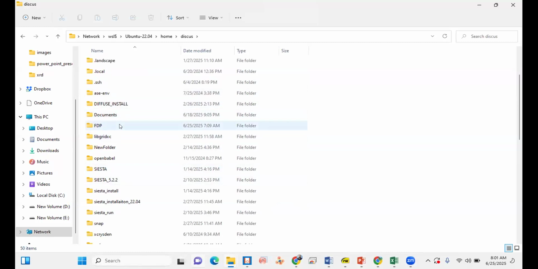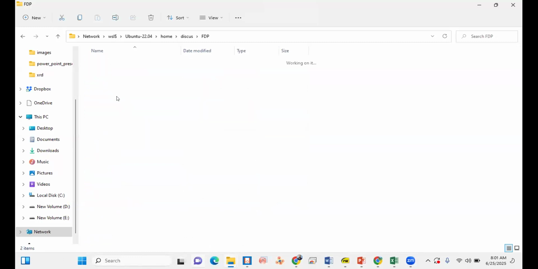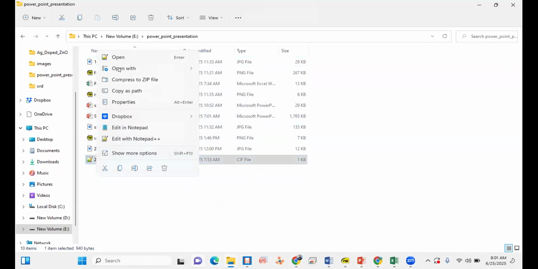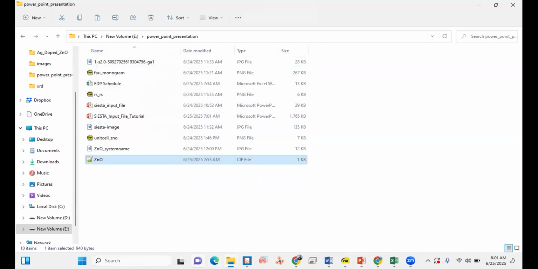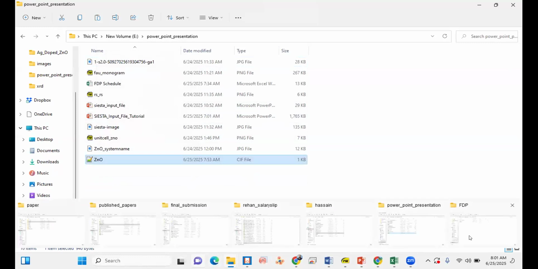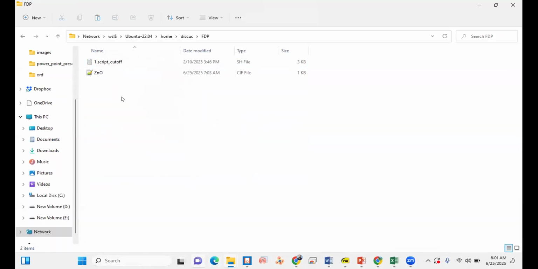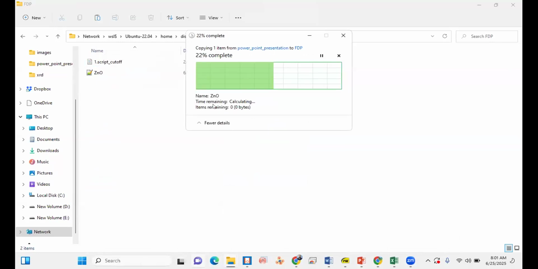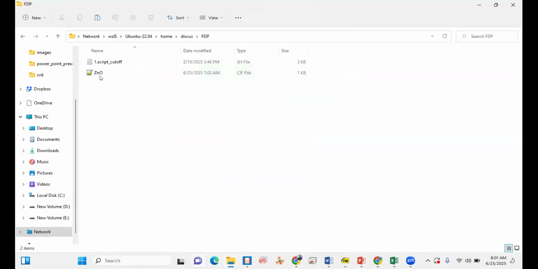I downloaded zinc oxide here, you see it is in the Windows system. I will copy it, go here and paste it. It will ask for replacement because I already downloaded it before.